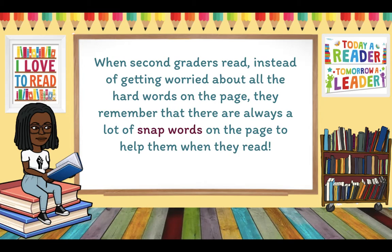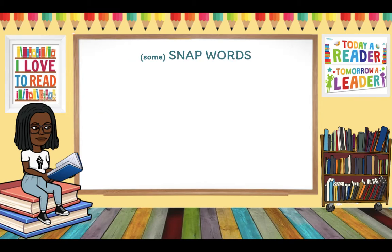We're going to do a little practice of some snap words that we already know. Miss Anissa is going to read the snap word, and as you read them with me, I want you to snap your fingers because that's how fast you read them. Are you ready? Let's go. Get your fingers ready to snap. Here we go. The,